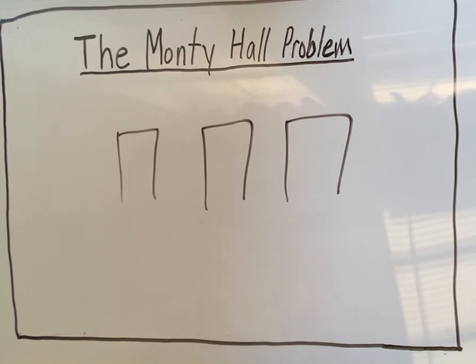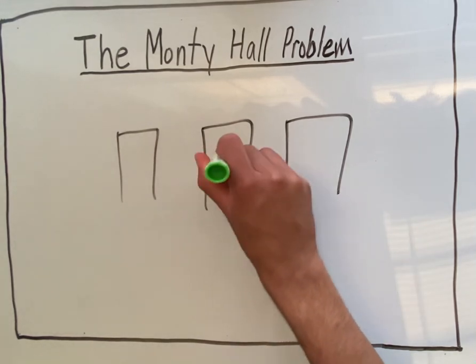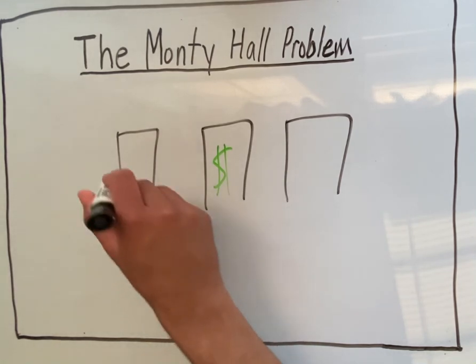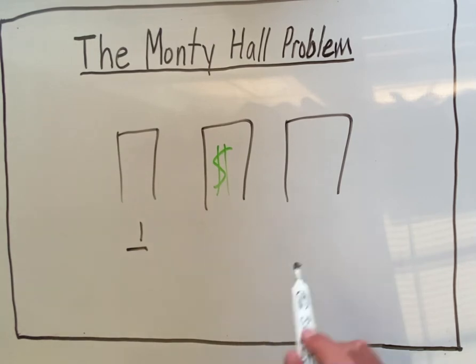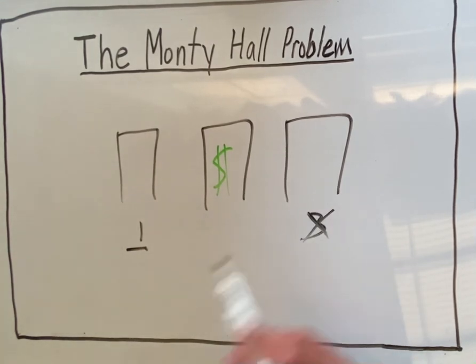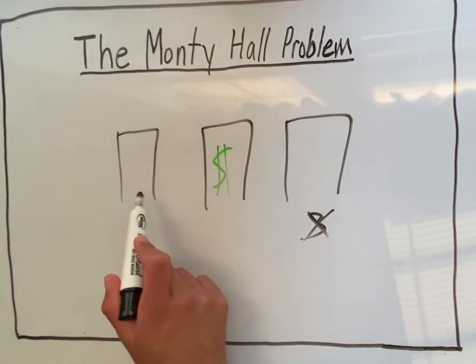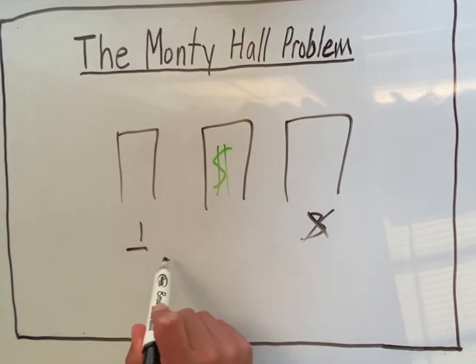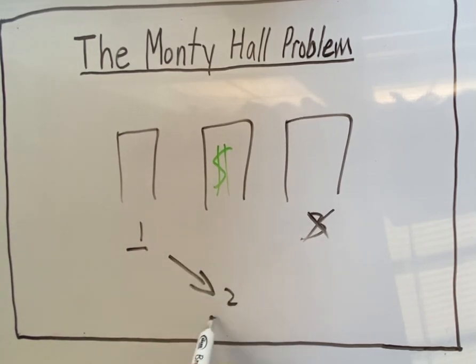So you select a door, one of the other doors is opened and shown to be empty, and then you have the option to either stick with your original choice or switch to the other door which is not selected. And so you can imagine this playing out. Suppose there's money behind the second door, and then one way this could play out is you first select door 1, this is your selection, then the host opens door 3, and you know that room is empty, and then you have the choice to either stick with your original choice or switch to the second door. So in this case, switching would have been the right decision because that would get you the money.